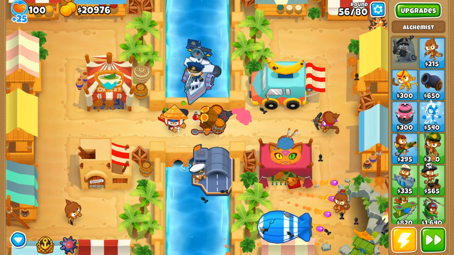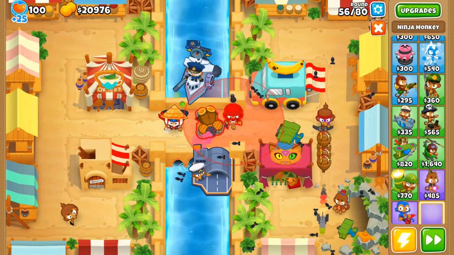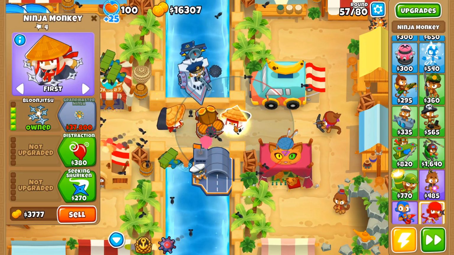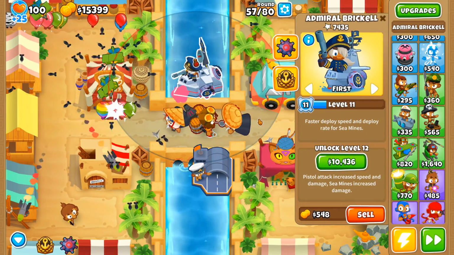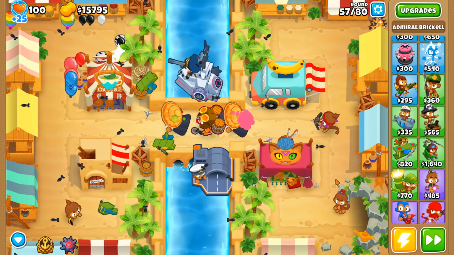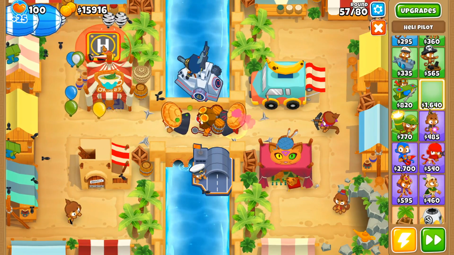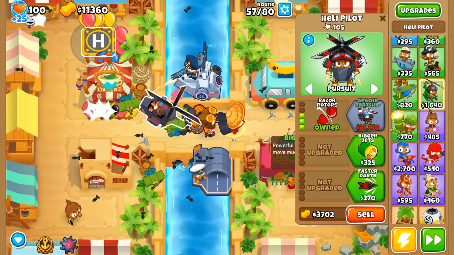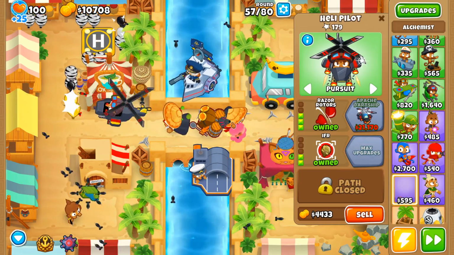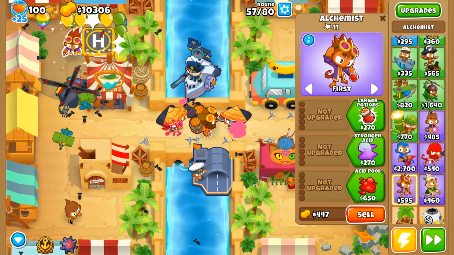Ooh, look at this. We got some camo detection struggles here. Let's get a second ninja going. Caltrops as well, why the heck not? Admiral Brickle doing well so far. Struggling a little bit on the bottom here. I feel like I need to get something else for the bottom. Maybe just chillax with like a nice little Razor rotors with cam detection here. That'll be a little bit nice. Now we can get a quick Alchemist on this puppy, and